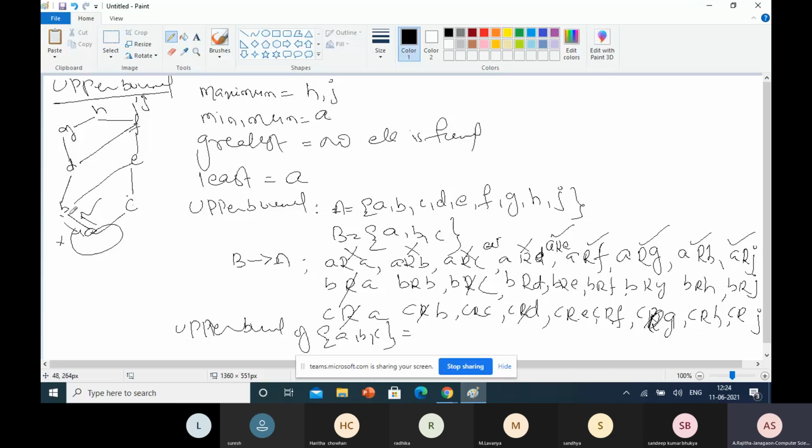So here from B to D is there, C to D is not there. So that's why, sorry, the direct relation is not there. That's why this is also not, because this is wrong. Why? Because this is downward. That means C to E, E to F, F to H and H to G. This is the downward. That's why this is not. Okay, close this one.